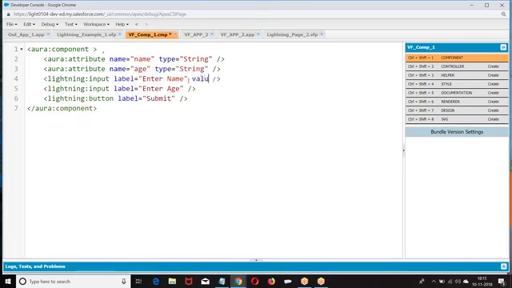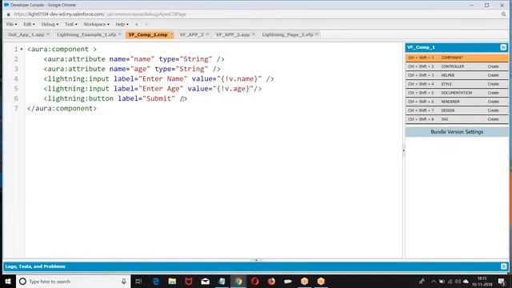I'm giving value equal to v dot, value equal to v dot h.